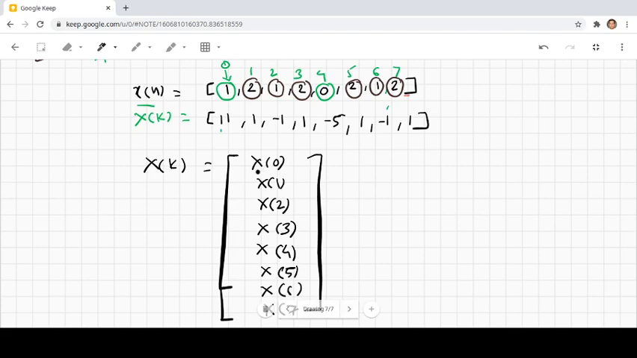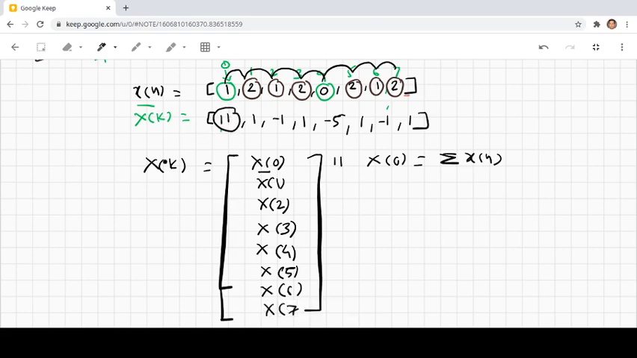Remember there is no need to find x0. X0 we know that is a summation of x of n. So what you have to do, you can sum the numbers. 1 plus 2 is 3, 3 plus 1 4, 4 plus 2 6, 6 plus 0 6, 6 plus 2 8, 8 plus 1 9, 9 plus 2 11. So this number can be evaluated